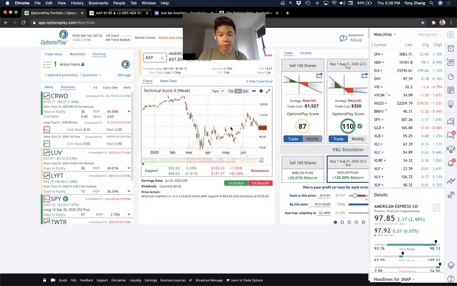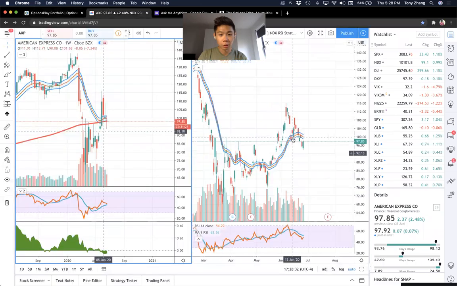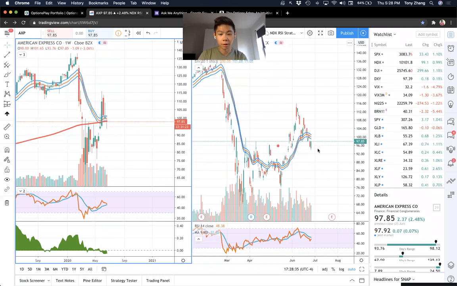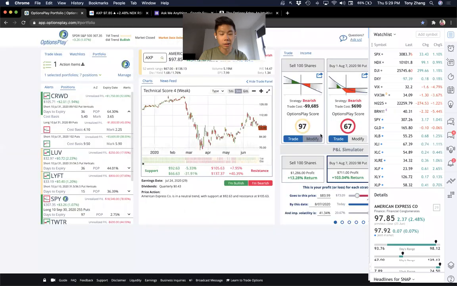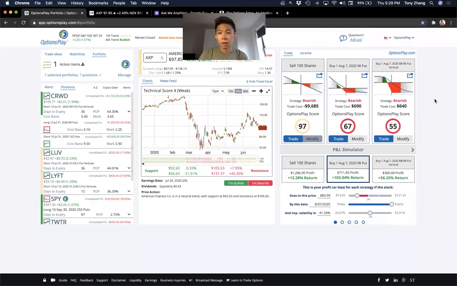From a fundamentals perspective, but I will say American Express, looking very similar to some of the other names, I am wary of shorting when it still stays above this $96 level. If it gets below 96, that's when I think you have a lot more room to the downside. But above 96, especially after a big move to the downside, you don't like to press shorts after it's made a big move. You want to wait for a bounce, then short. So that's my view here on AXP. I like the trade. I like the view on the trade, but I don't like the timing on the trade. I've already talked about pretty much all of this name right now.